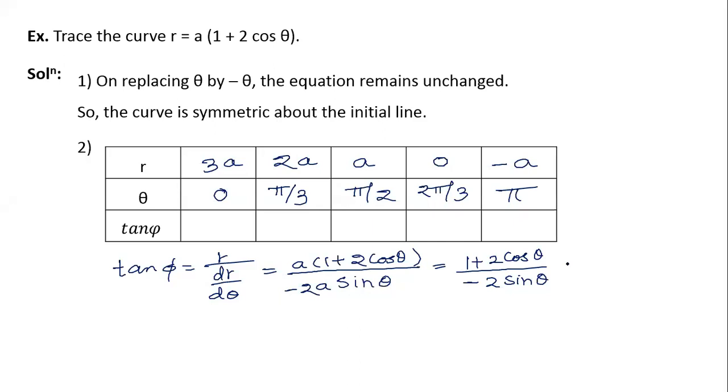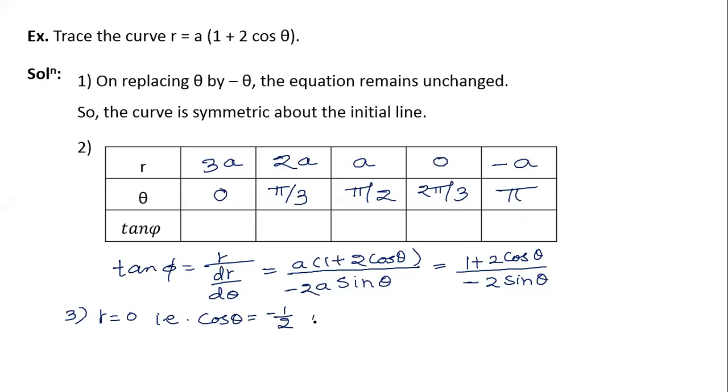Now, whenever we are doubtful, for those only we are going to take care of, and after all, we are going to see when r becomes 0. r is equal to 0. You have to tell me. That is 1 plus 2 cos theta equal to 0, that is cos theta must be equal to minus 1 by 2. I hope that I am correct.